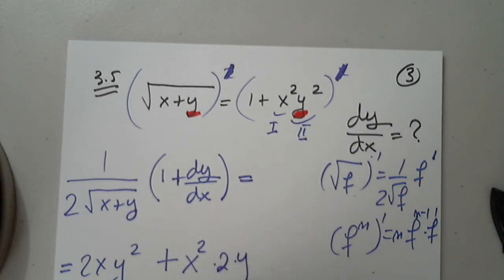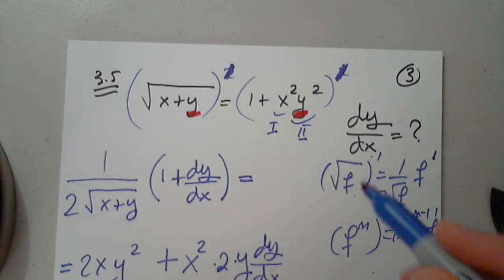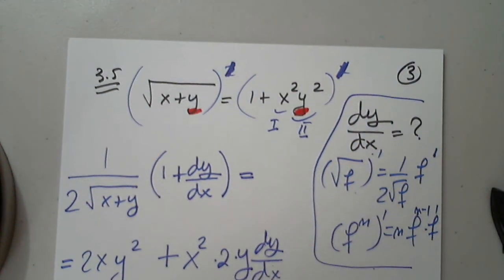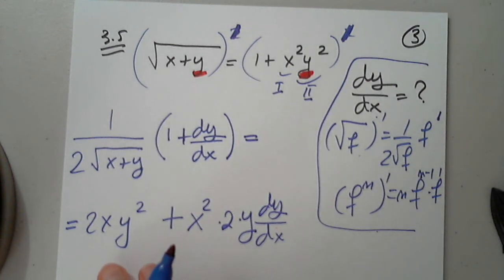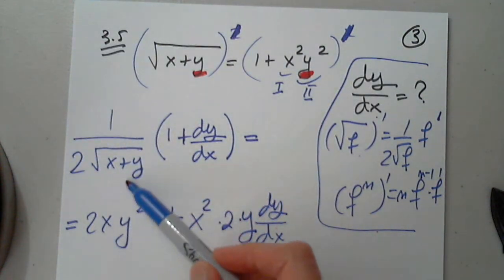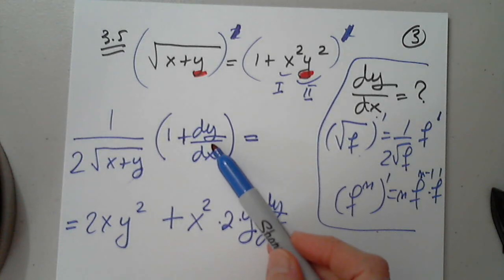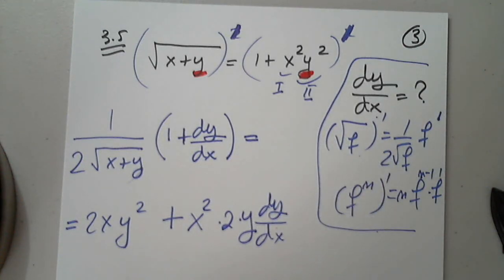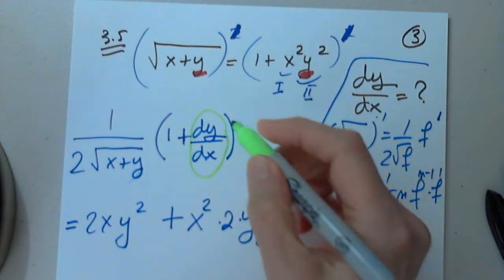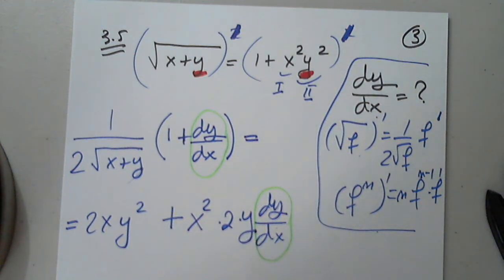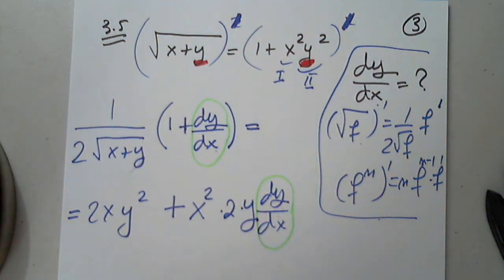So 2 times y times dy over dx. Now, I will rearrange a little bit here, and this piece has to be distributed to 1, and this has to be distributed to dy over dx. Why? Because my variable is in here, I have to take it out of there somehow. This is my variable. Nothing else. I'm solving for this. So then, I will distribute